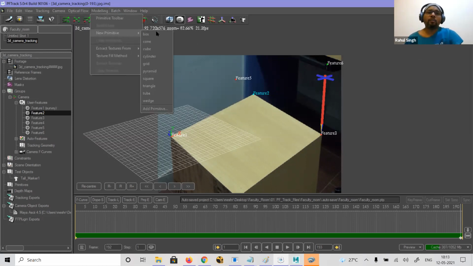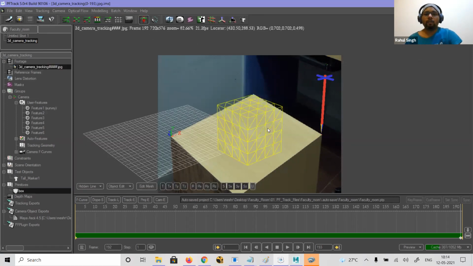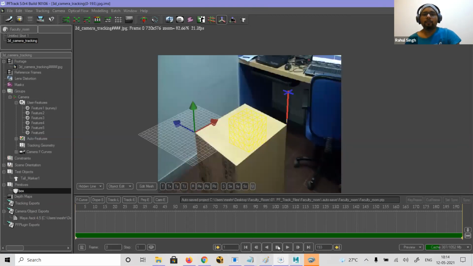You even have options to bring in a box. Suppose I want to bring this box here. The box is there, and I can easily click to translate and do everything. I have placed this in one place.